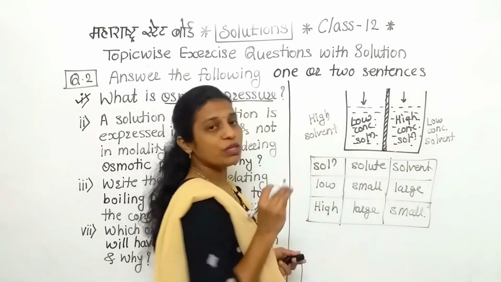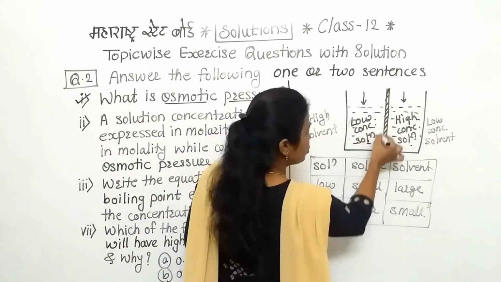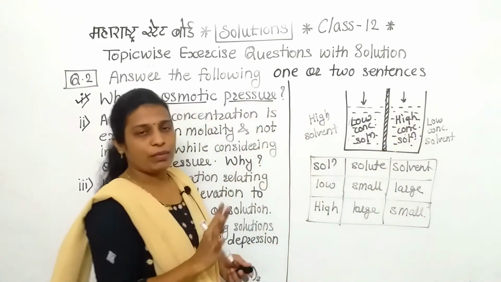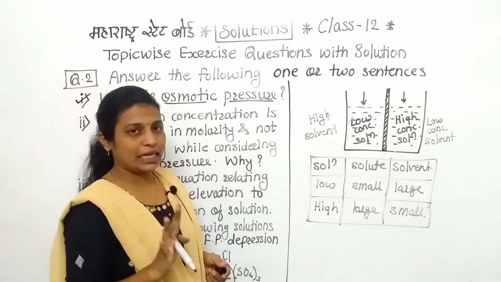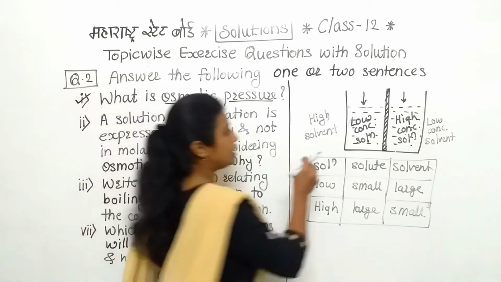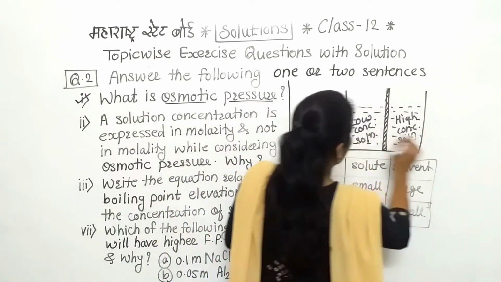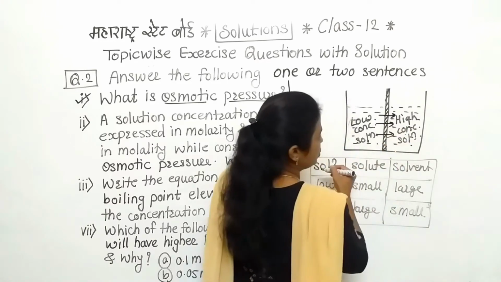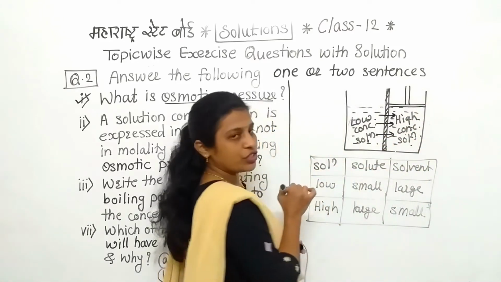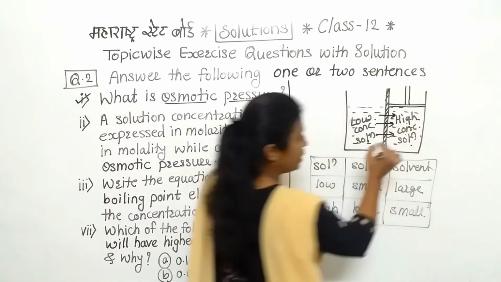So in this way, what is meant by osmosis? Listen carefully. The flow of solvent from the low concentration side to the high concentration side through a semi-permeable membrane, that is nothing but osmosis. Clear? Now what is meant by osmotic pressure? Osmotic pressure is nothing but the pressure. Now see here, we have to stop. Now what are we going to do? As we know, there is a flow from the low to the high concentration side. We are applying some pressure to the high concentration side. So in this way, that flow of solvent from this side to this side we can stop.